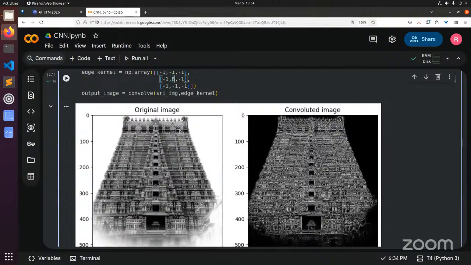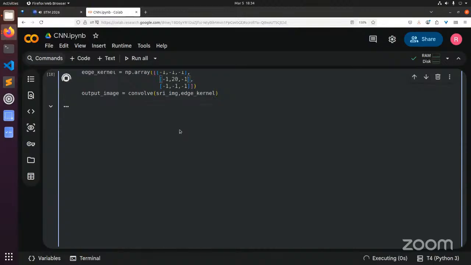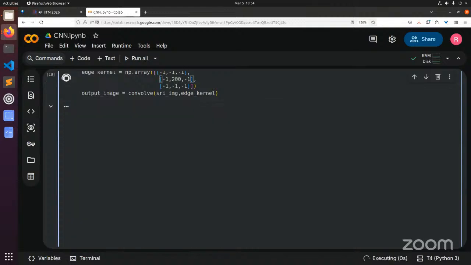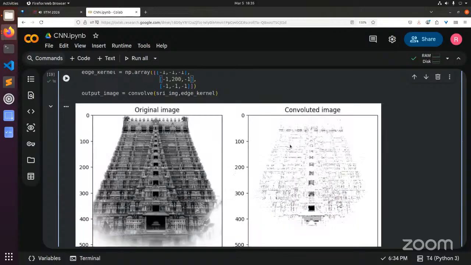So what if we increase the intensity of this middle point? Let's just make it 20. Can you see it has now increased the intensity and is now subtracting every corner. So you're keeping only the edges of the image. Mostly edges are surviving, and everything else is now almost lost. If you increase the intensity further, you can see that nothing will survive. Mostly it will become white, because